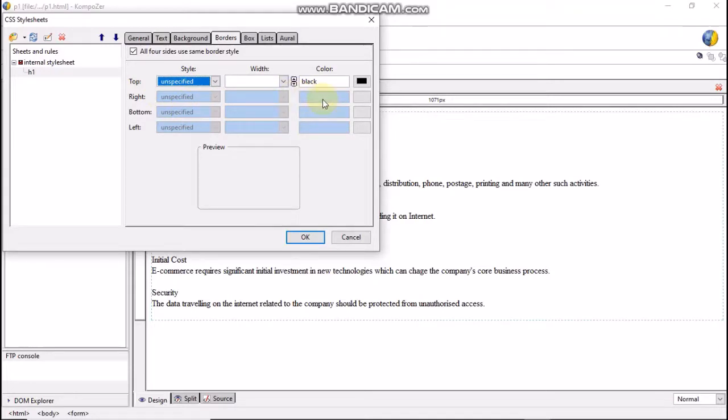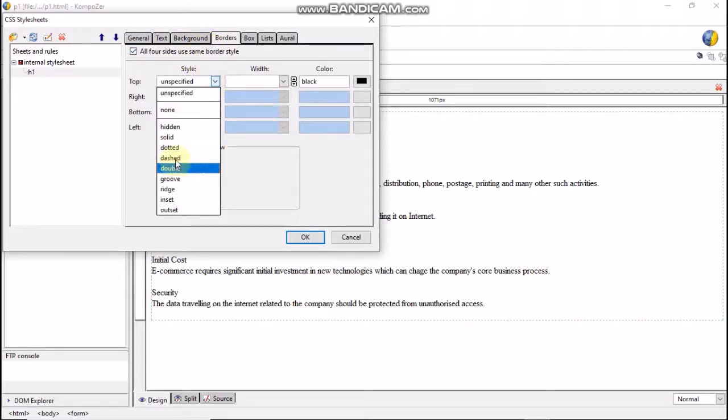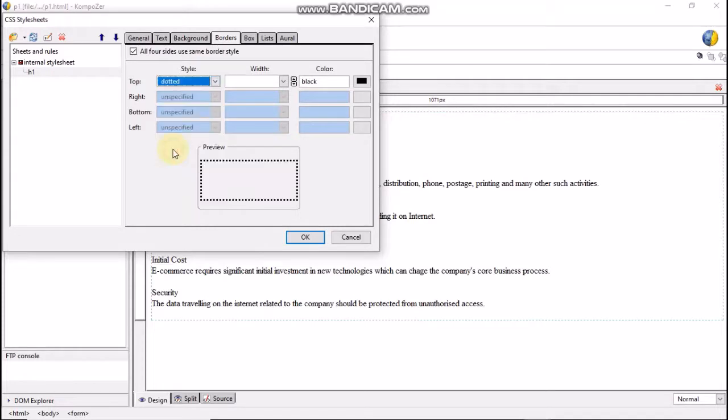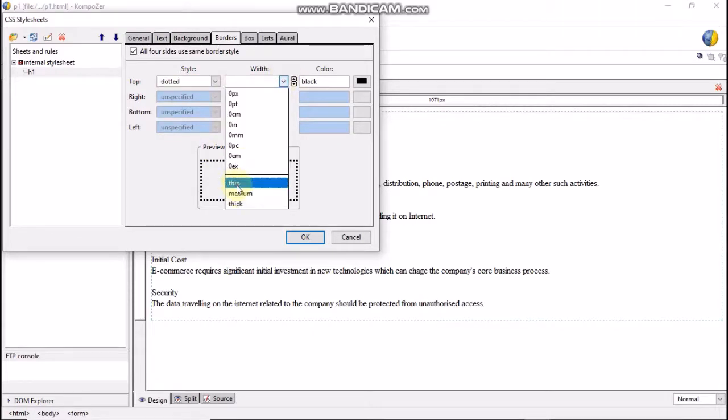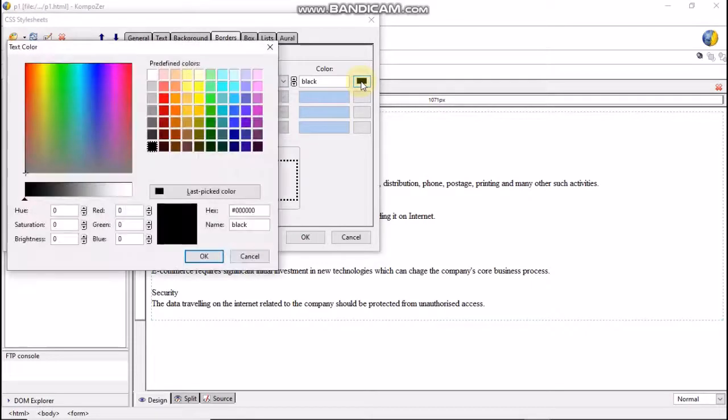This is because the effect on a single side will be applied on all four sides. From the drop-down menu of Style, select Dotted. You can also specify the width and color of the border as per your choice. Color black.